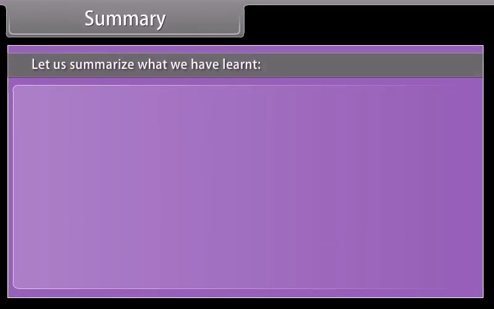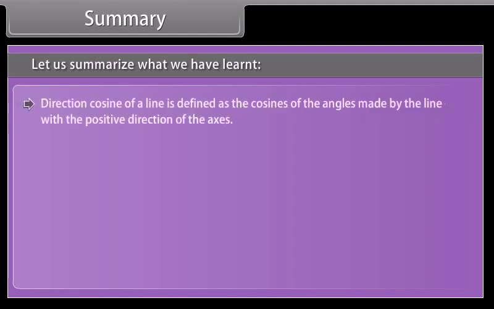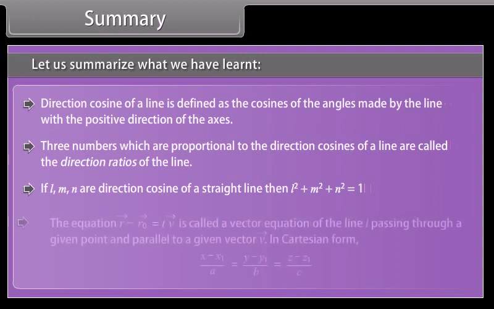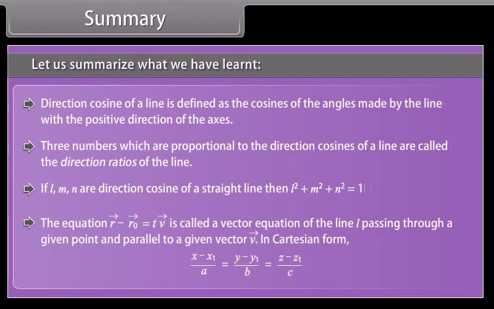Summary. Let us summarize what we have learned. Direction cosine of a line is defined as the cosines of the angles made by the line with the positive direction of the axes. Three numbers which are proportional to the direction cosines of a line are called the direction ratios of the line. If l, m, n are direction cosines of a straight line, then the equation is called the vector equation of the line passing through a given point and parallel to a given vector v. In Cartesian form,